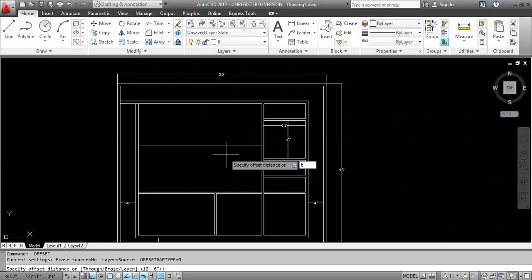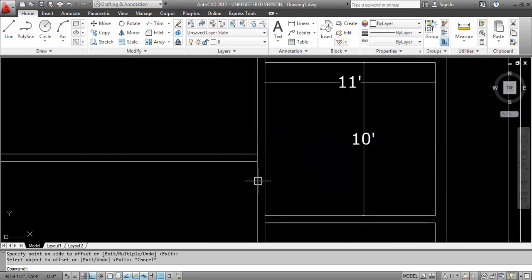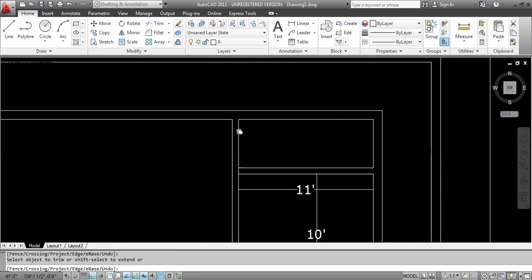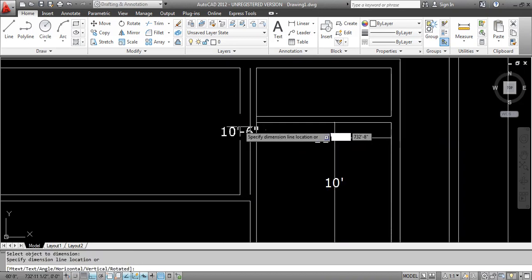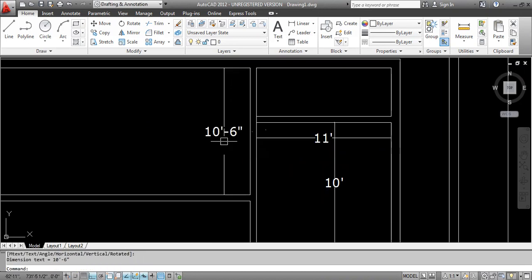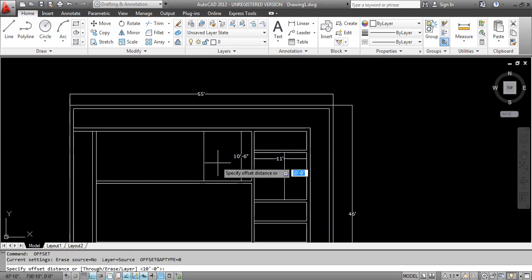Inner wall size 6 inches. Now you have to check how much this distance is. Now I will give here 10 feet, 6 inches.